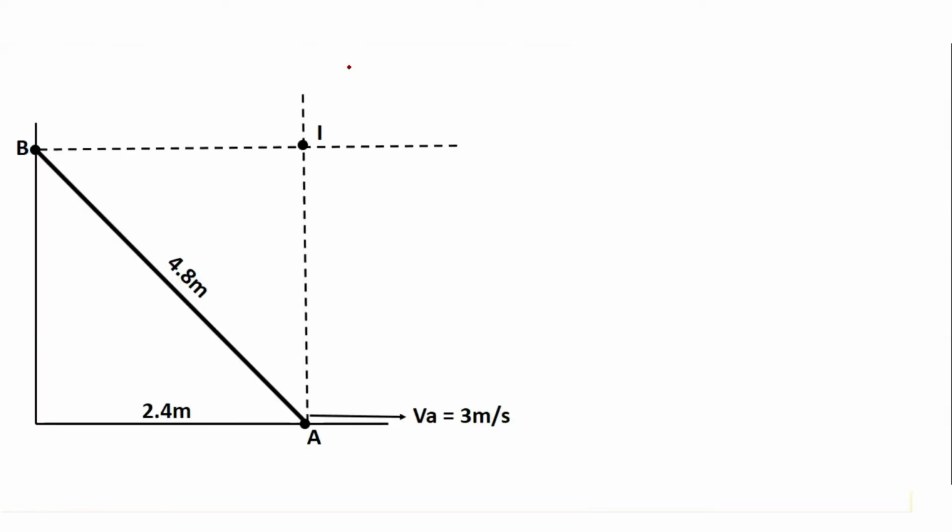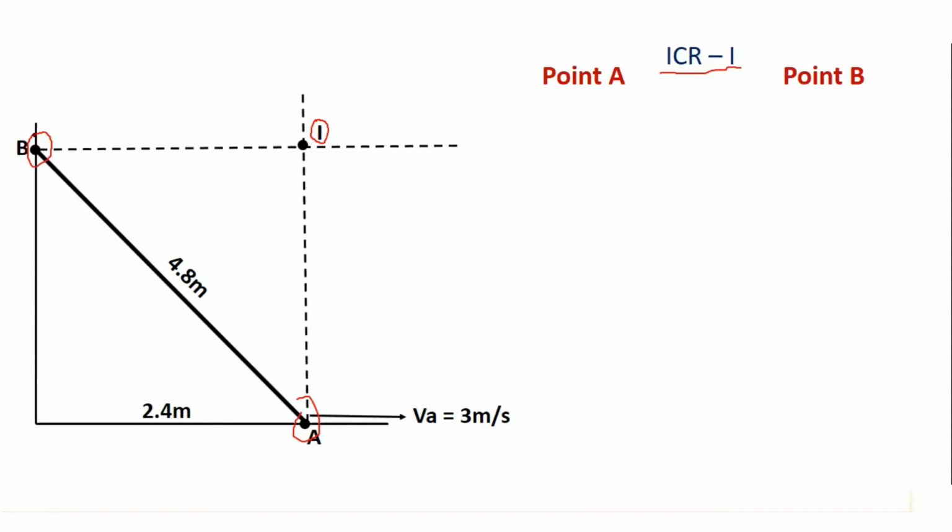So after the first step of locating the ICR, which is this point, now I will tell you a simple method about how to proceed in the problems of kinematics of rigid bodies. First, you need to write the name of the ICR. So let us say I am writing here ICR is I, because there is only one body, there will be only one ICR, that is I. Next step, you write what the different points on the body are. So the different points are point A and point B. So I will write here point A and point B.